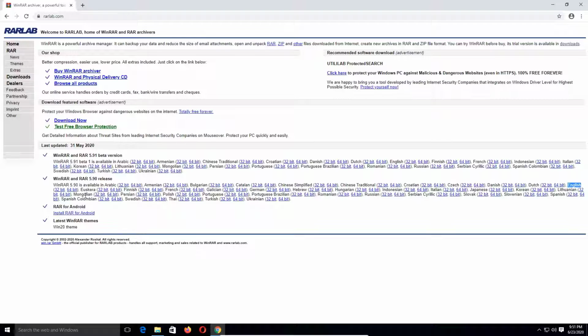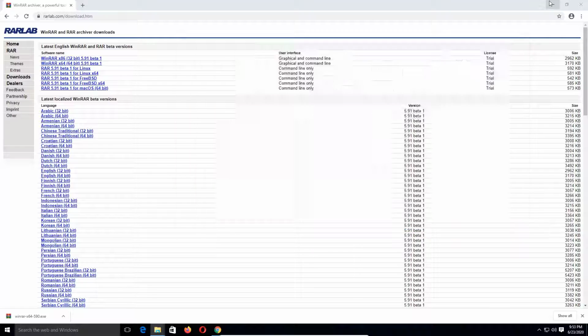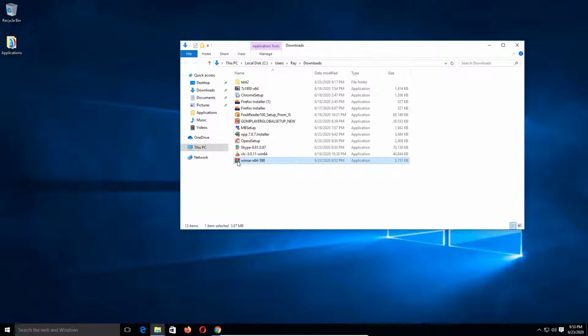Now, there are tons of languages, as you can see. Pick the language that you want to choose for your operating system, correlated with the bits. All right, so I've got a 64-bit version of Windows. I'm going to pick this one. Click 64-bit. So what I'm going to do is minimize Google Chrome, and I'm going to double click on the